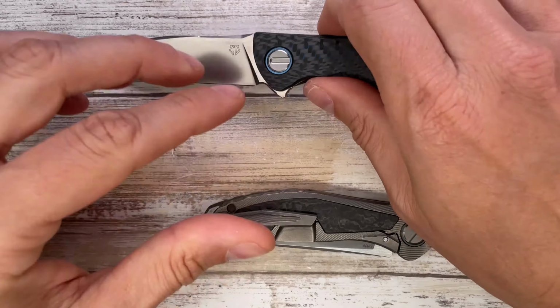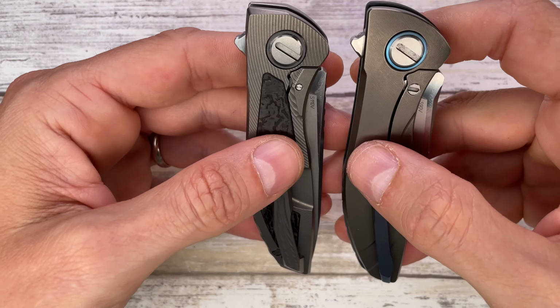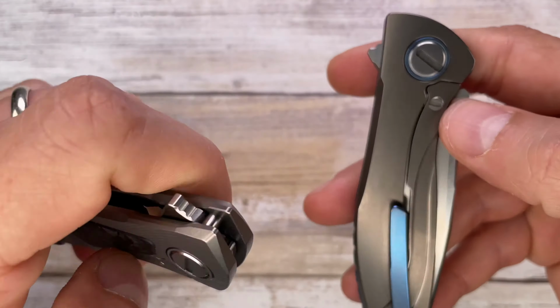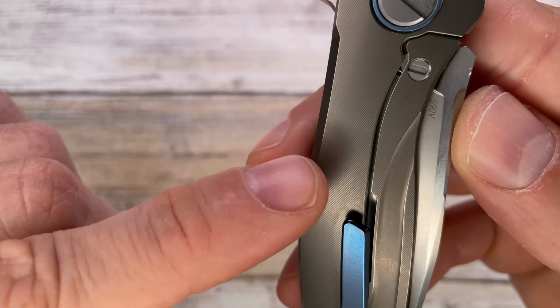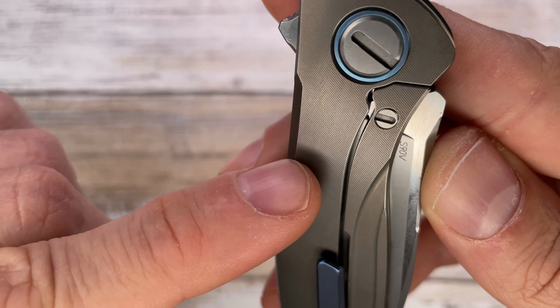Let's also check the back because there are some differences going on also in the back. Of course, the pivot and pivot color are going to be the same. The milling lines are the same. This is not flush, by the way. These are like micro milling lines going on. Turn on that 4K button and enjoy this really fine milling work